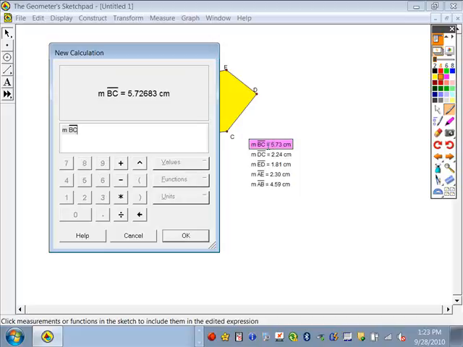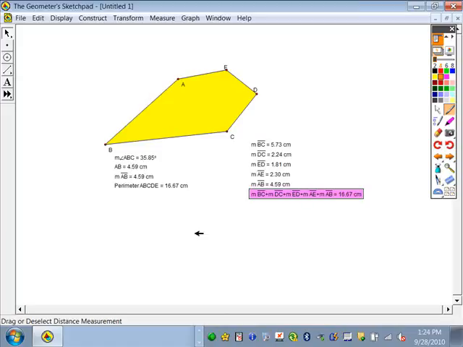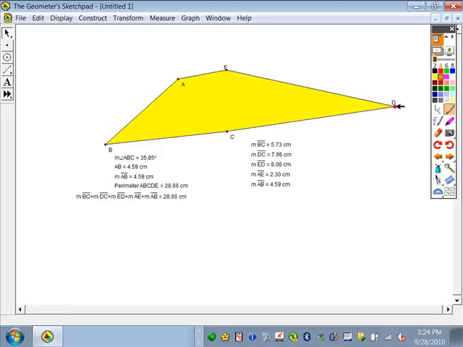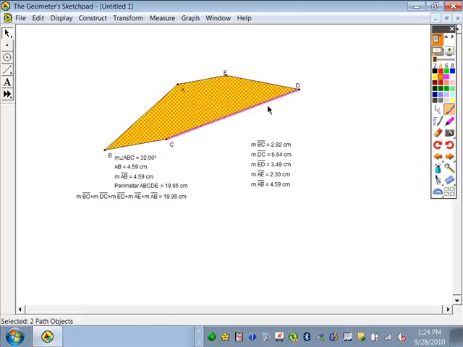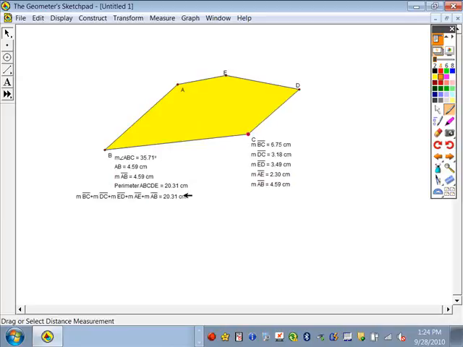So if we add this and do the same to each of these segments along here and hit OK, what do you notice about this compared to the perimeter? It's the same. And again, the nice thing with this is it's dynamic as you move things around. All of these adjust to where they need to be. And so my expectation is that you guys can find perimeters, you can find lengths, you can combine them into the